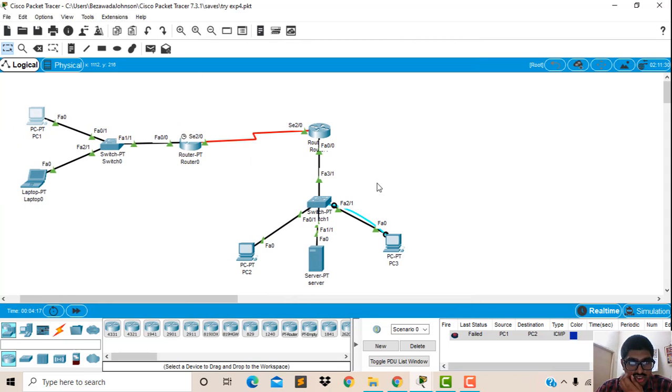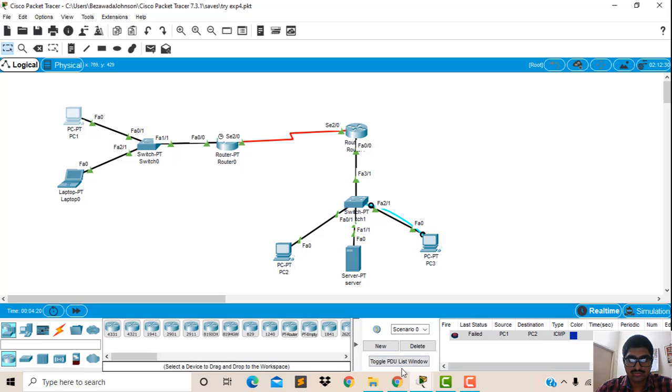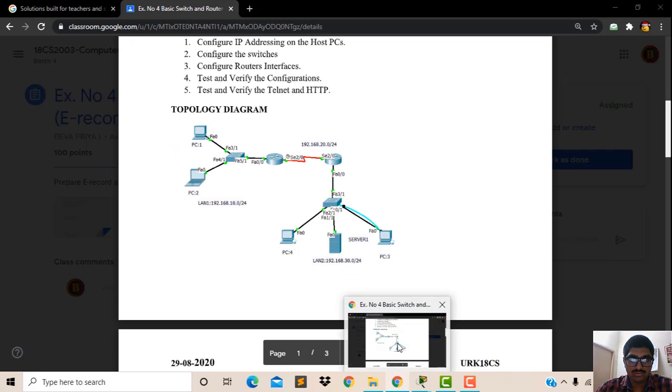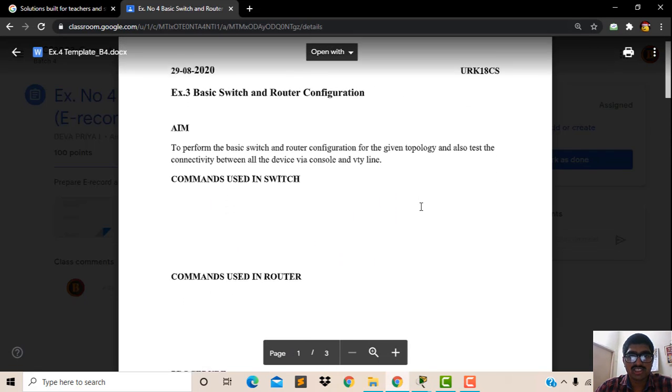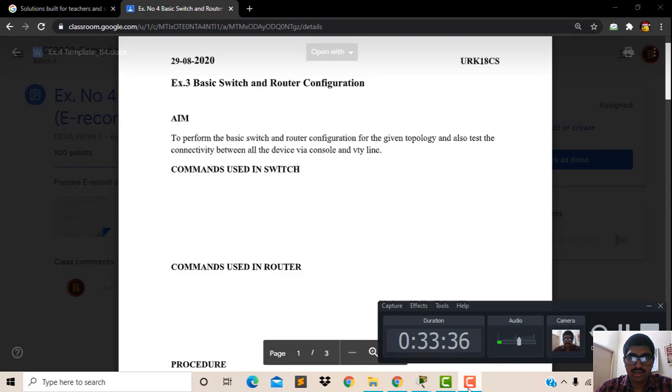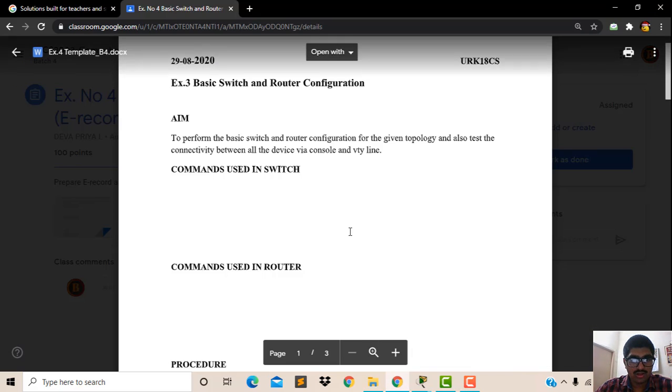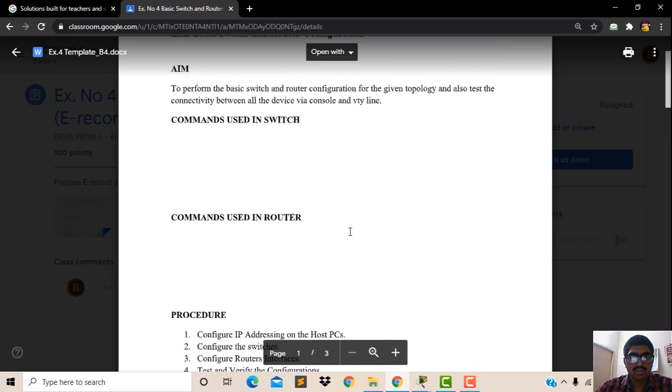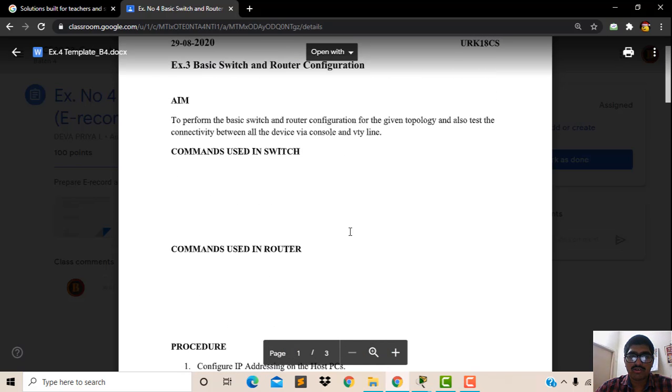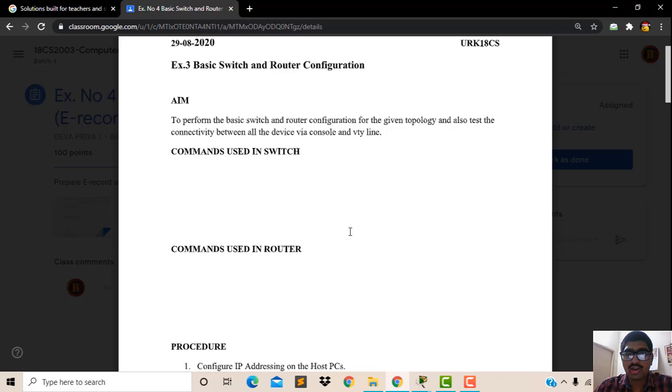Now this is all about the basic switch and router configuration. Now we have used the commands in the switch. We have to go to enable. After that configure t, we have to go to the privilege mode.